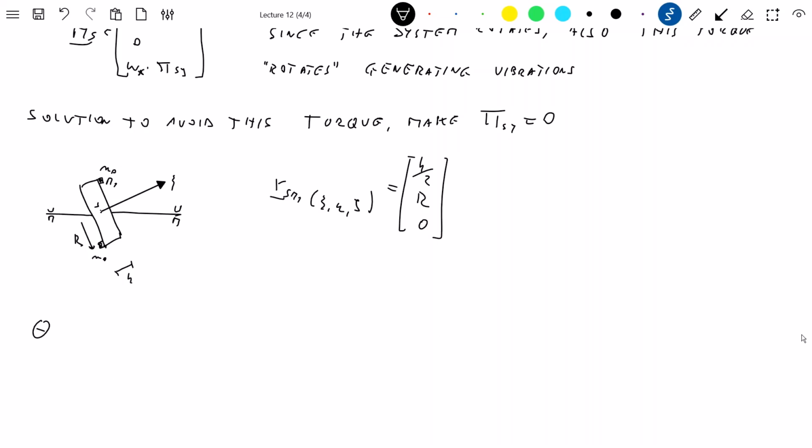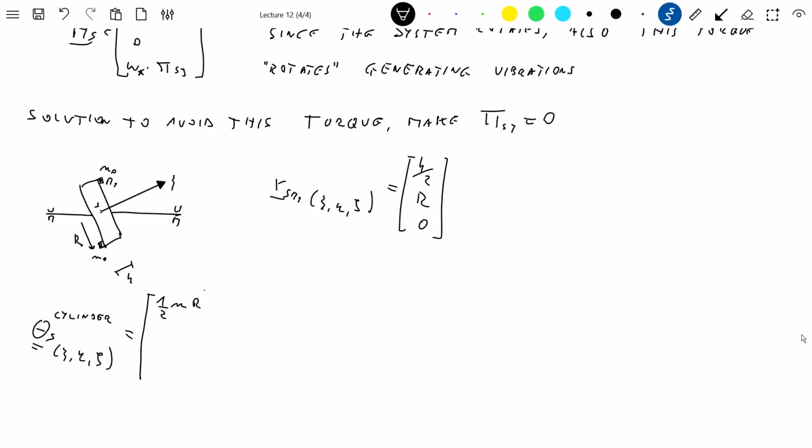So we have theta s of the cylinder in the xi eta zeta reference frame, this is equal to